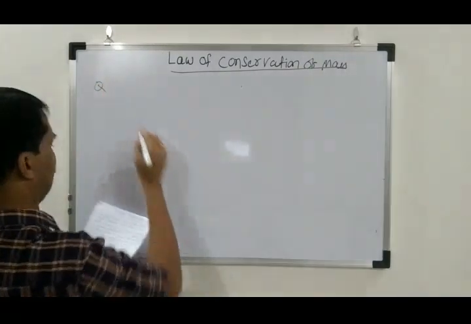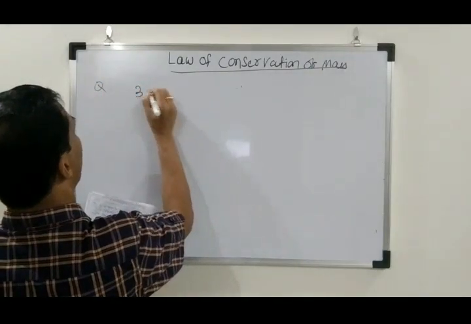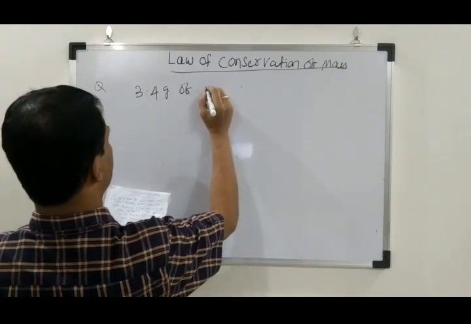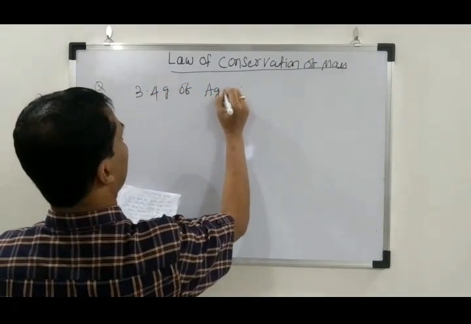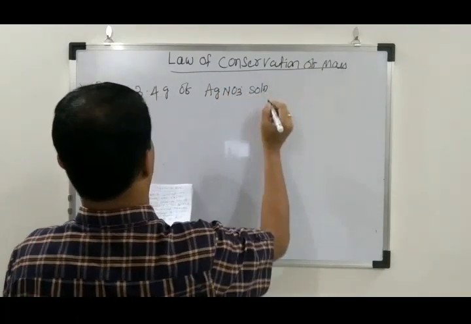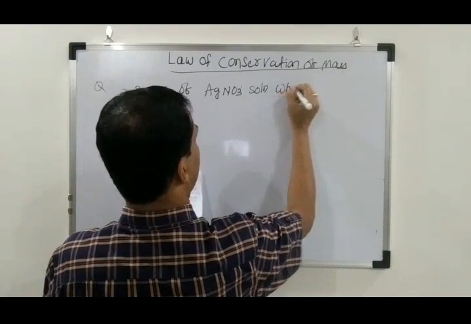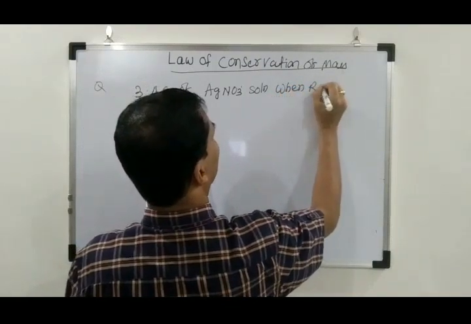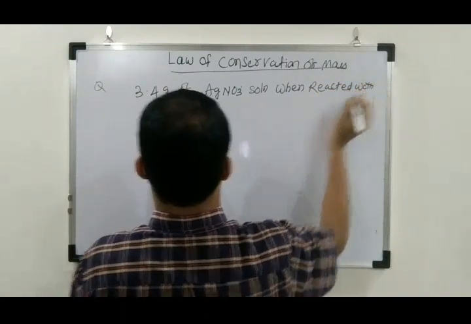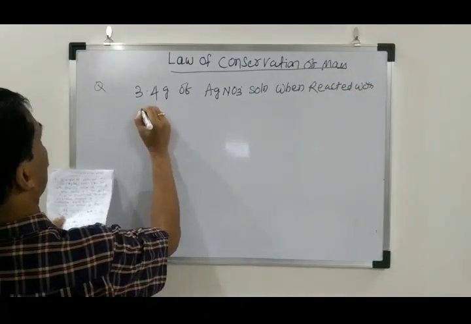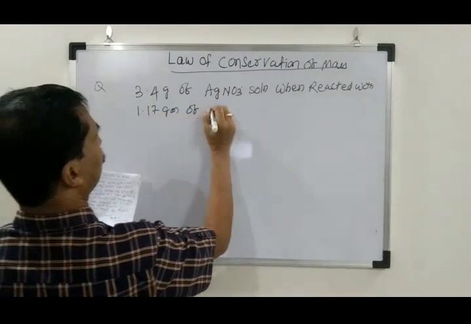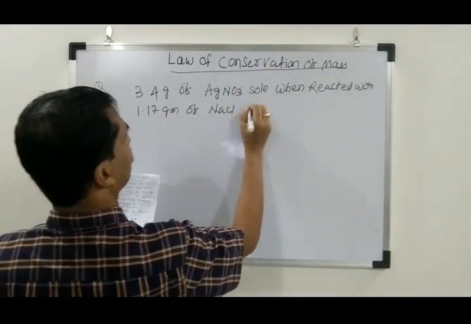The question is: 3.4 gram of silver nitrate, AgNO3, silver nitrate solution, when reacted with 1.17 gram of sodium chloride solution,